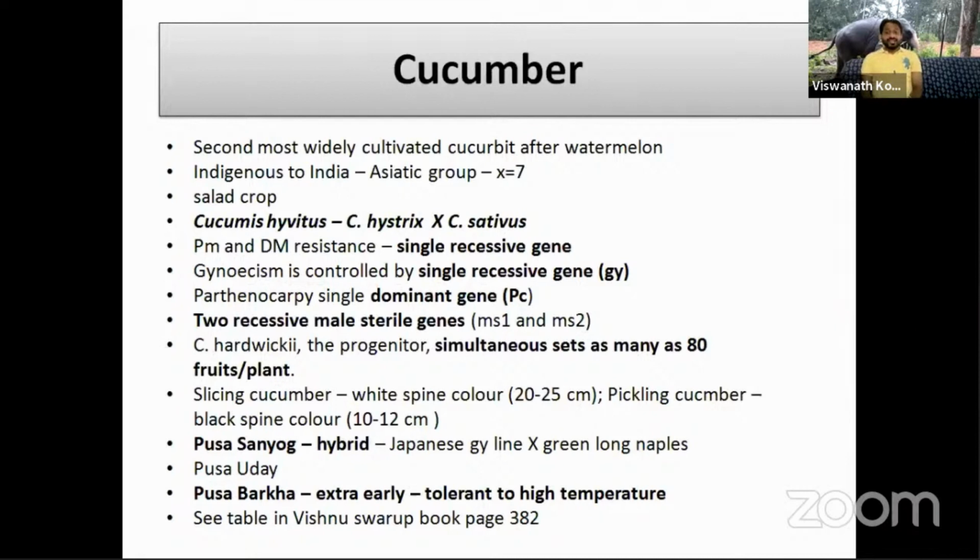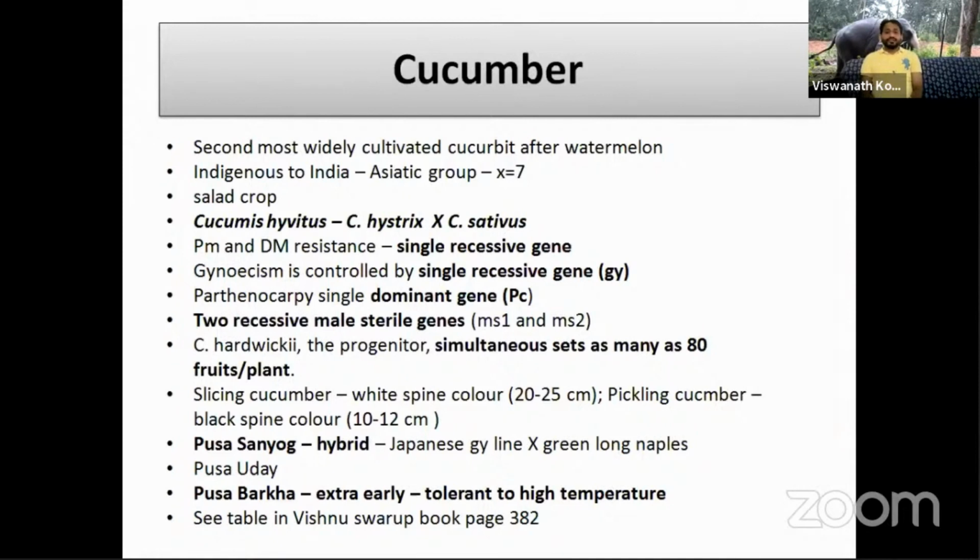So when gynoecism is coupled with parthenocarpy, what is the advantage? There is no need of male parents also. In vegetative parthenocarpy, the ovary turns into the fruit without pollination. So gynoecium plus parthenocarpy is an added advantage in cucumber. There are some male sterile genes also, but gynoecious lines are more popular in cucumber than male sterility. The progenitor was Cucumis hardwickii,